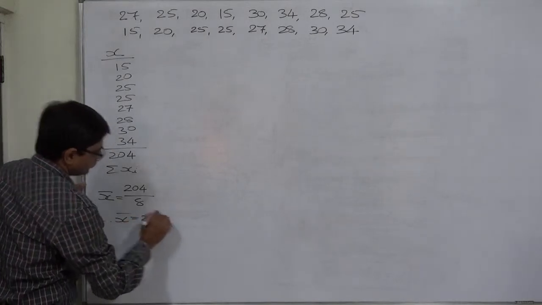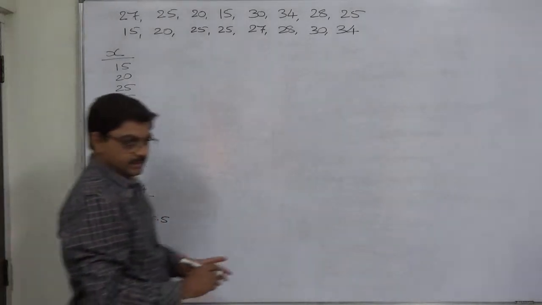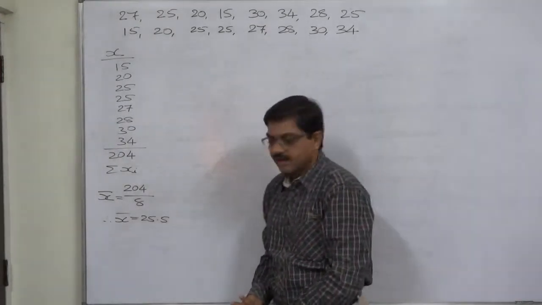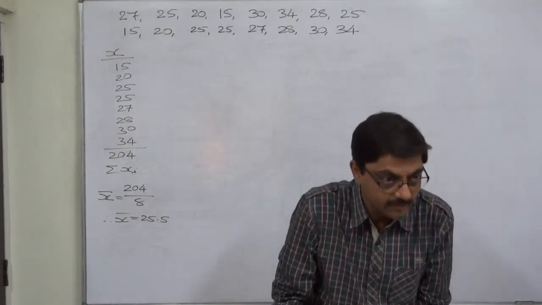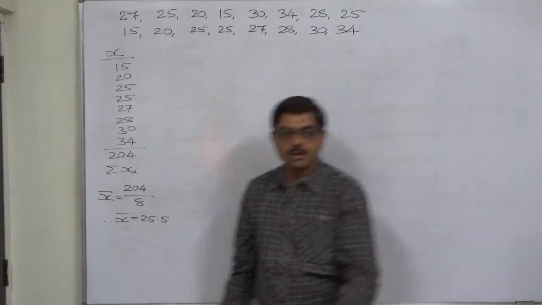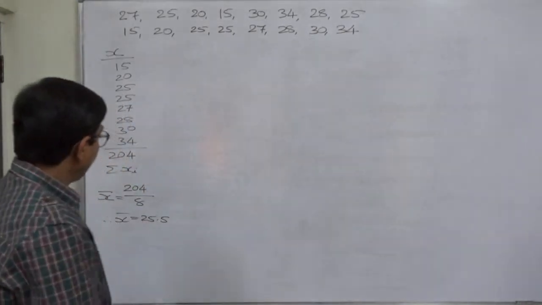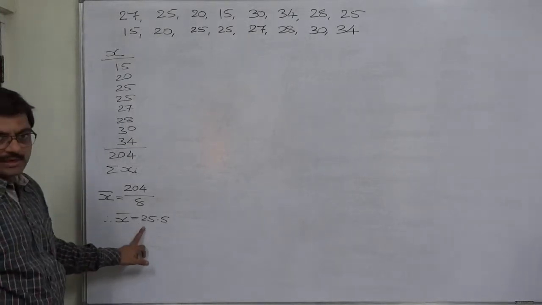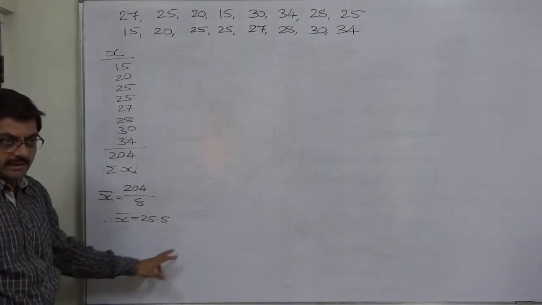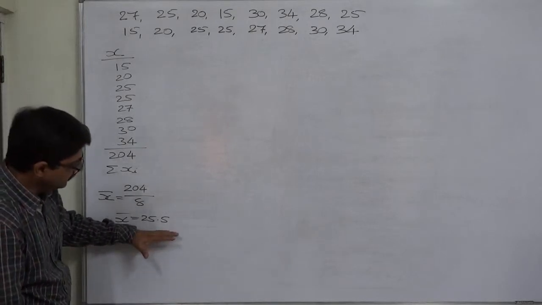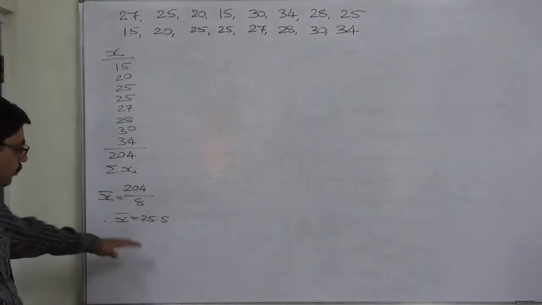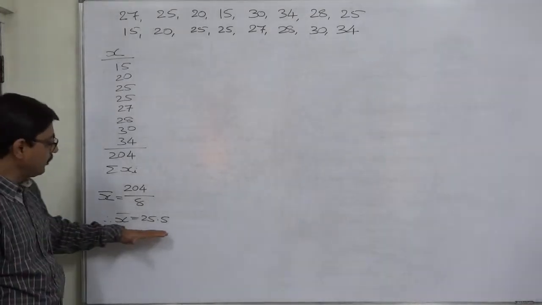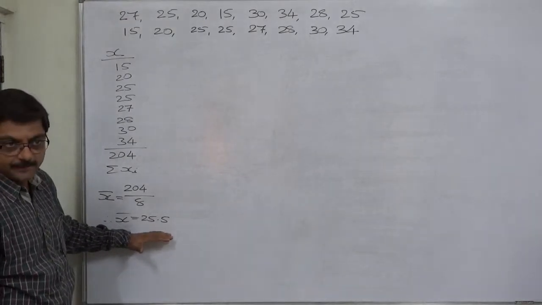Now we have two alternatives, either to find out variance through the formula sigma x minus x bar whole square divided by n minus 1, or we have another alternative. First of all, why do we have two alternatives? See the value of x bar. It is not an integer value, 25 or 26, but it is a fractional value. It is advisable not to go for the direct method of sigma x minus x bar whole square whenever you have a fractional value of mean.